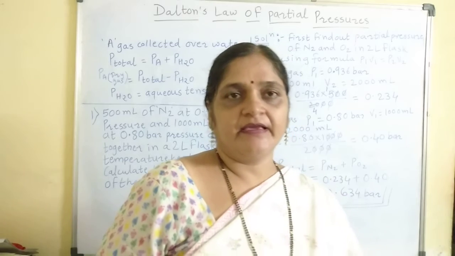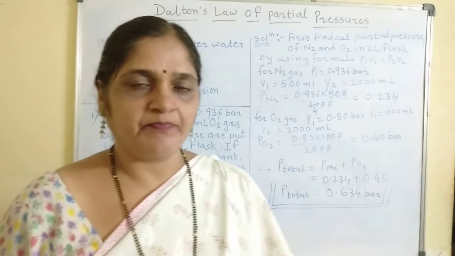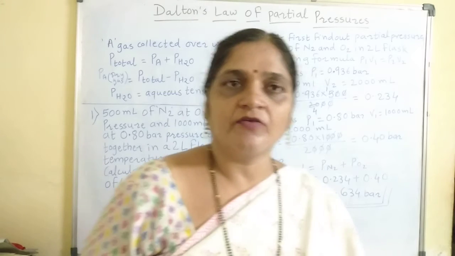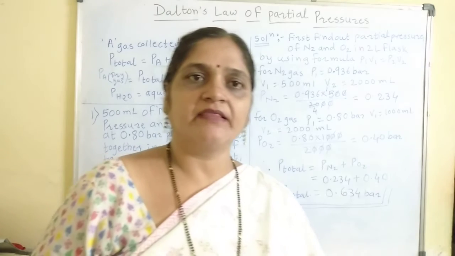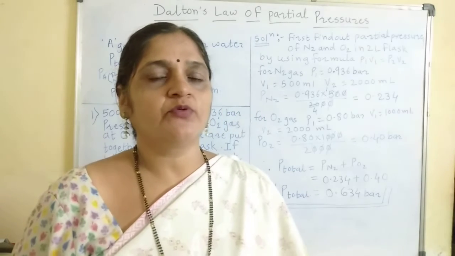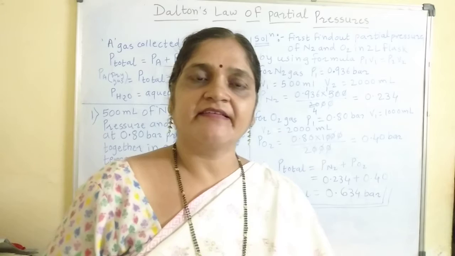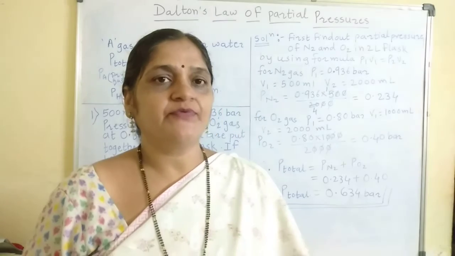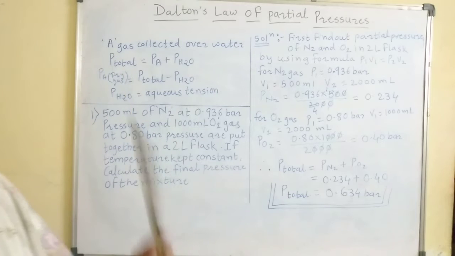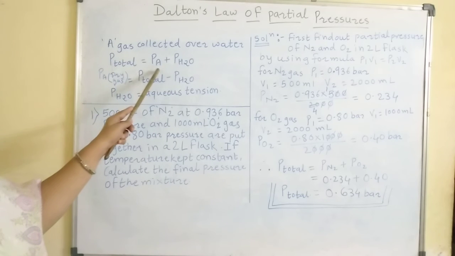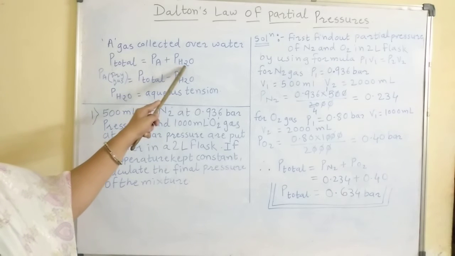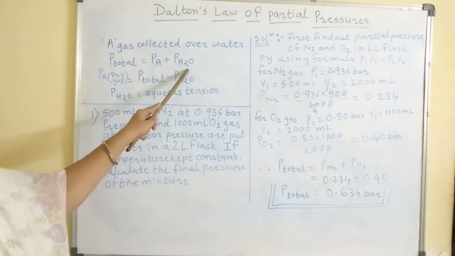If suppose a gas A is collected over water in the laboratory, then the total pressure exerted is equal to the pressure of the gas plus the pressure exerted by the water vapor present in it. Now, under such a condition, if we want to calculate the pressure exerted by that dry gas, then we can use Dalton's law of partial pressure. Suppose the gas A is collected over water. Then the total pressure is equal to the partial pressure of gas A plus the pressure exerted by water vapor, indicated by PH2O, meaning partial pressure of water vapor.